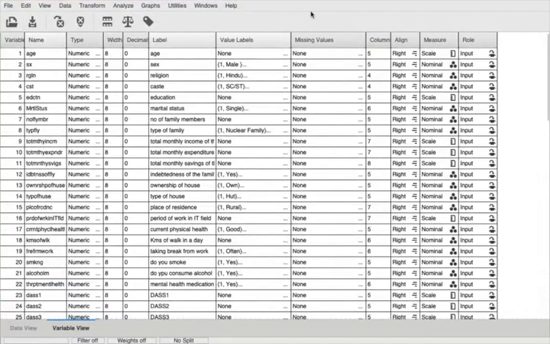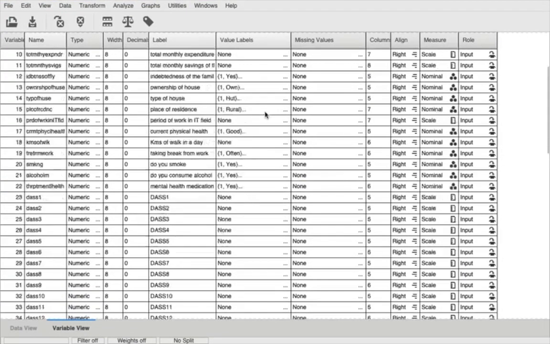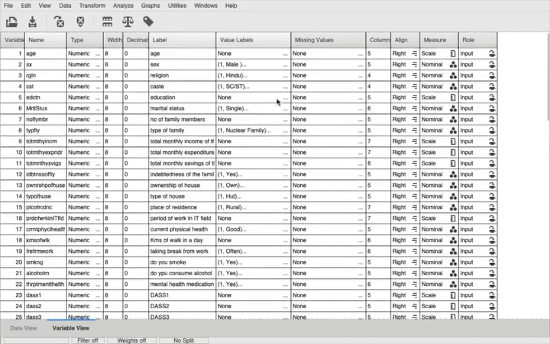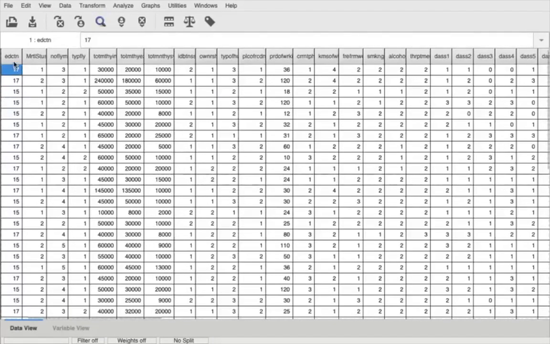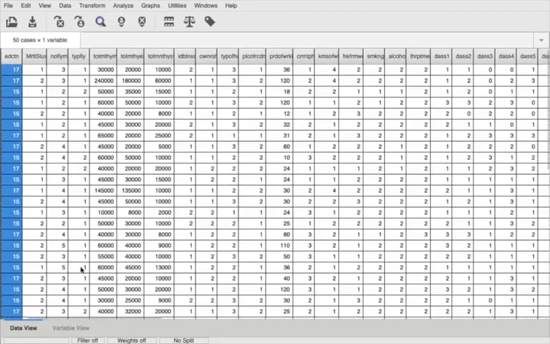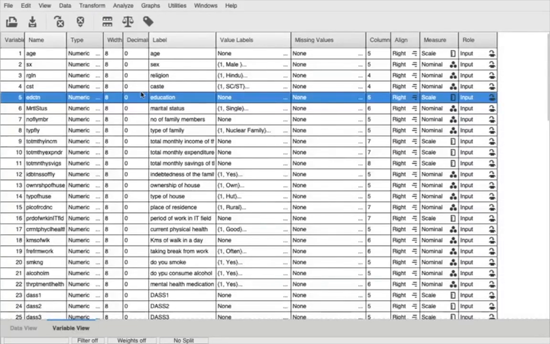Now can somebody quickly tell me, let me select another continuous variable, you have to tell me how to do it. We will take education. Education is in continuous form, you can see the education here. Can anybody quickly tell me how to convert education into a categorical variable? What are the steps I need to follow quickly?